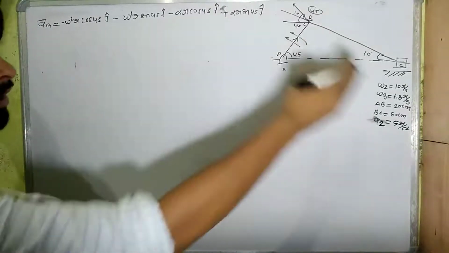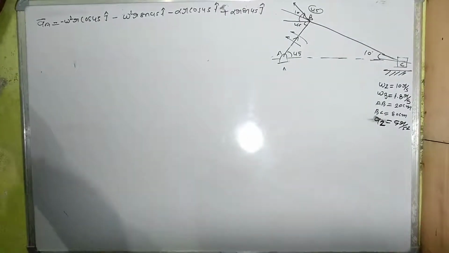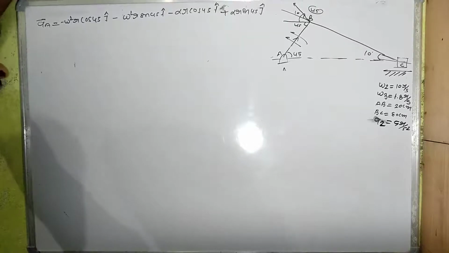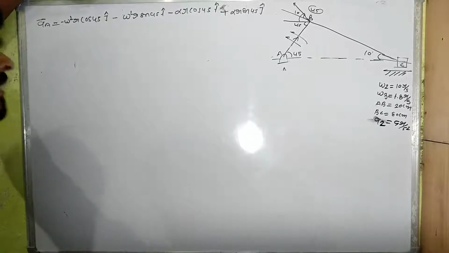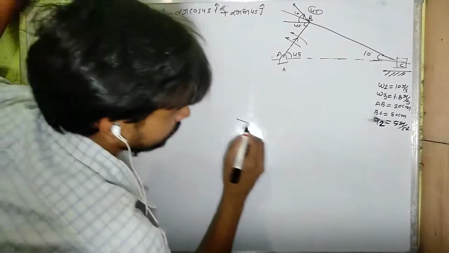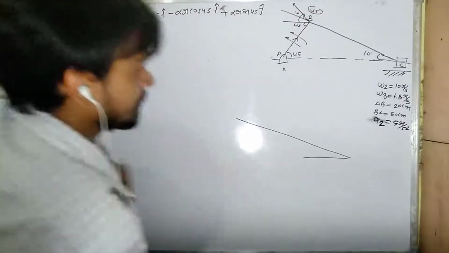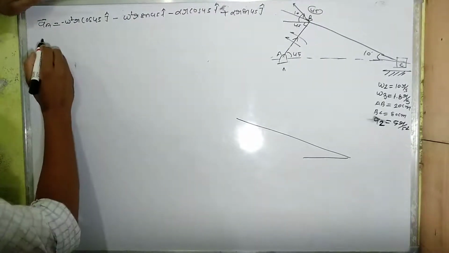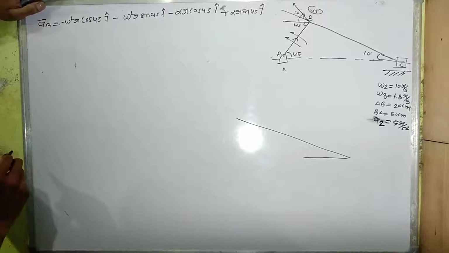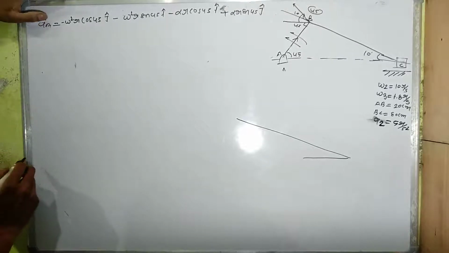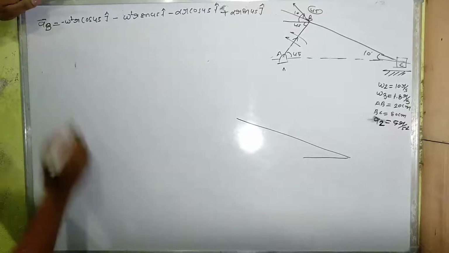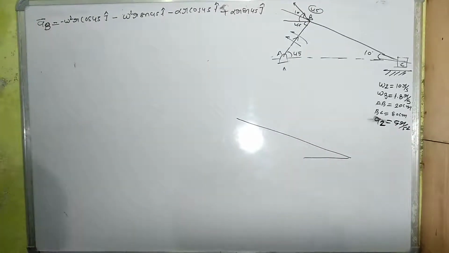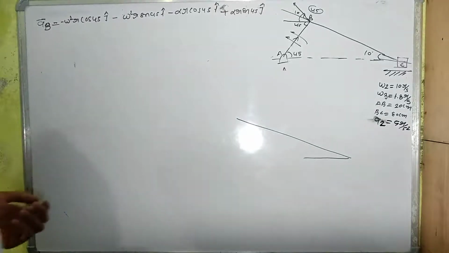Now you have to think about link BC. So how can you write an equation for the acceleration of BC? Look at here, this is your BC link, am I right? You know that acceleration of, sorry, this is the acceleration of B actually. Acceleration of B actually. If I have made some mistake,